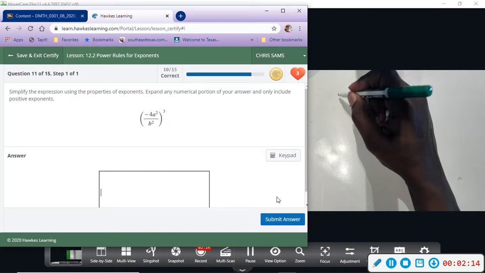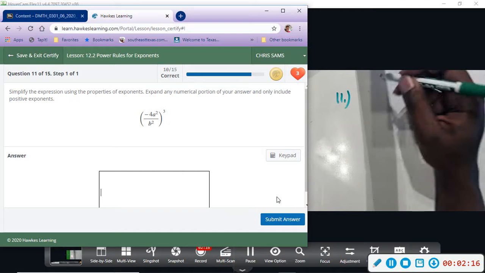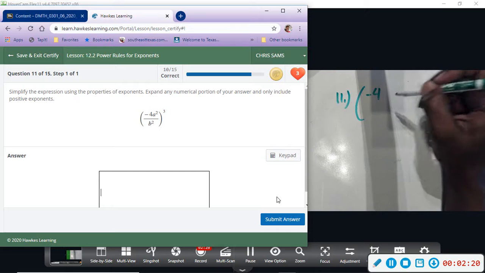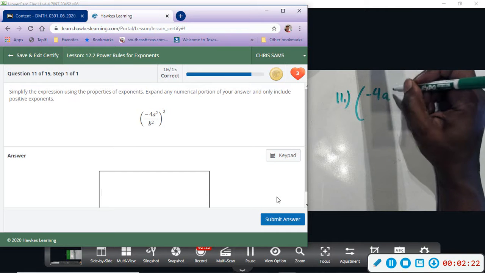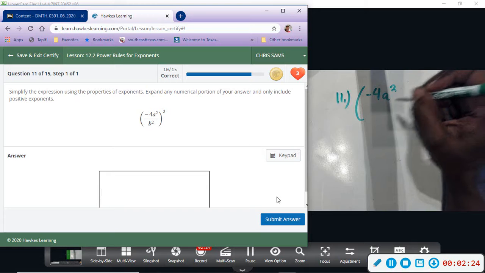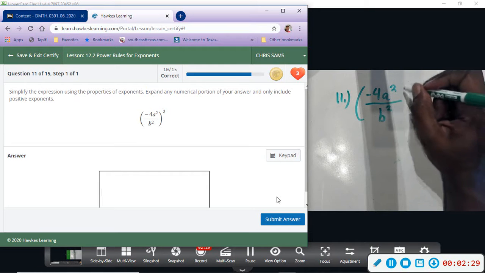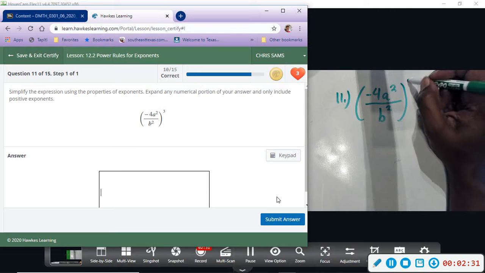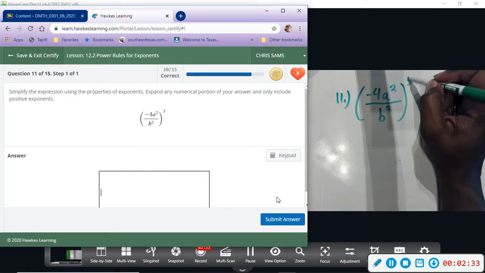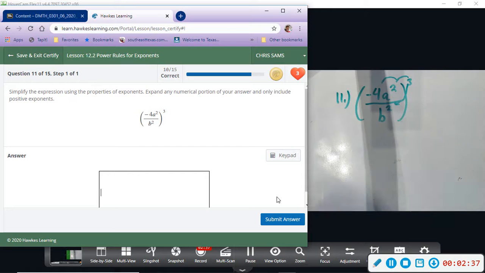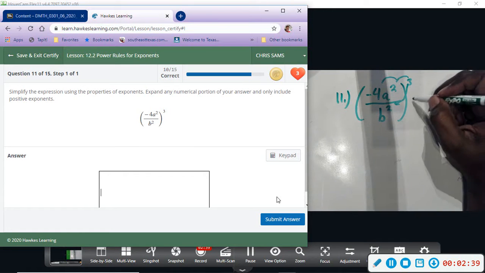Alright, 11. We have this fractional expression -4 a squared over b squared, and all of these are raised to the 3rd power. So 3 is going to hit all terms and this one down here at the bottom. So that will give us